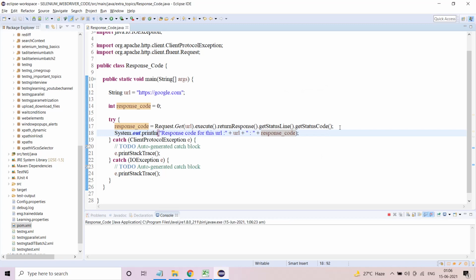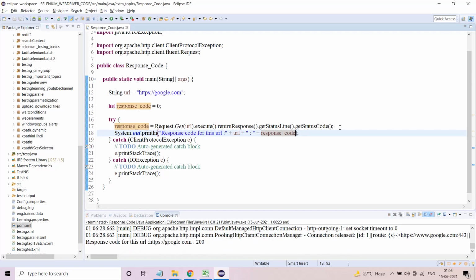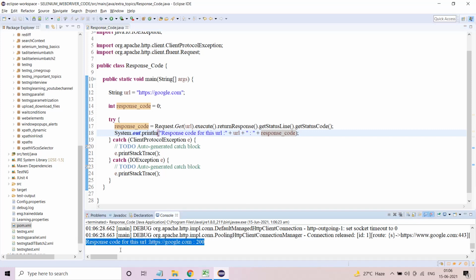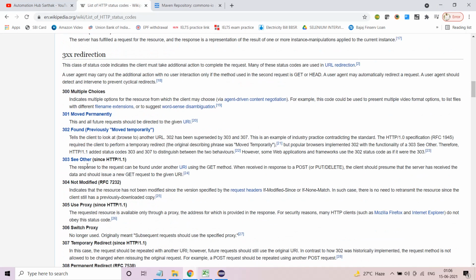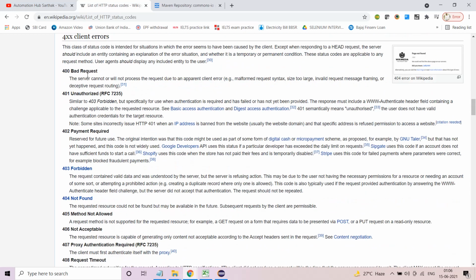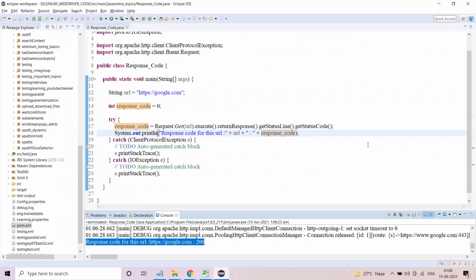You do not need WebDriver code here, but in case there is a requirement in your project that this website sometimes is up and sometimes is down, how do you automate it to find whether the website is up or down? So if it is up, status code is 200. This is what I wanted, right? So you can use this in your code. So let's say, for example, this website is down. Either it will throw a bad request, or there is an internal server error. So you need to tell the developer, okay, I'm receiving 500 internal server error in my automation code.